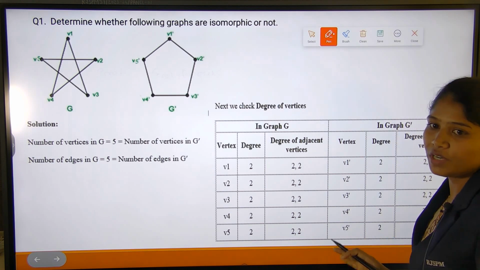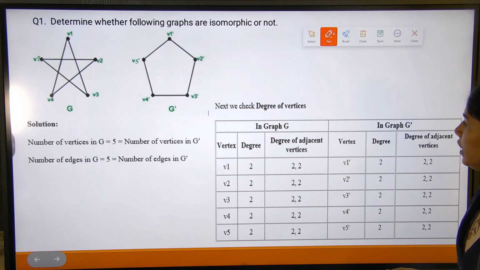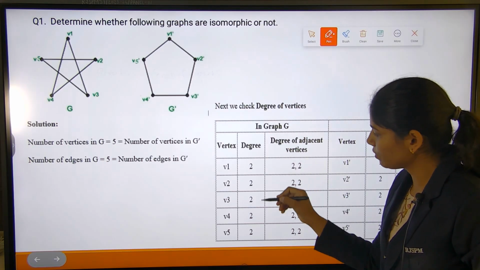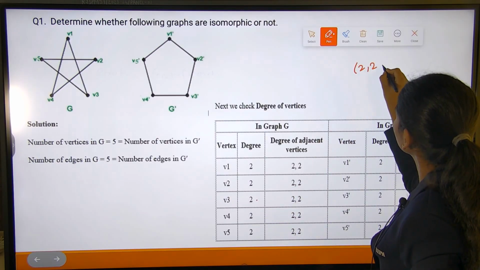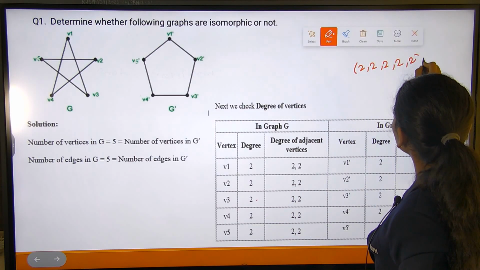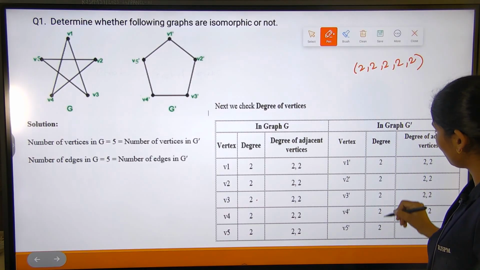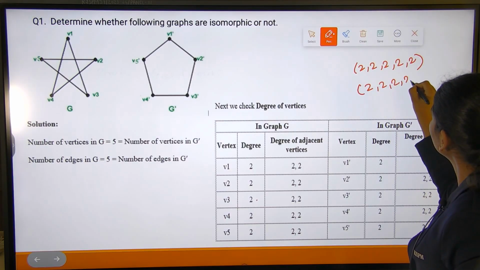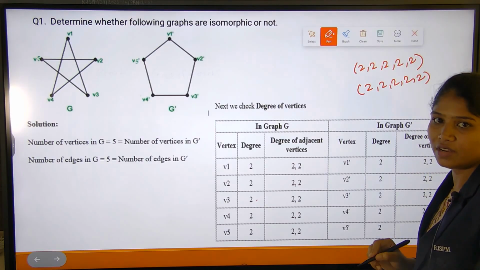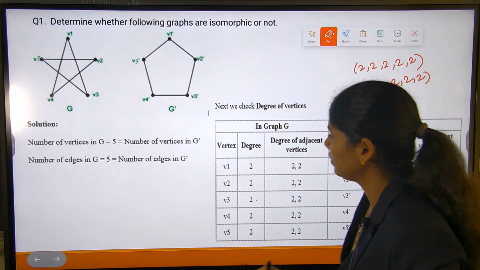So after that we need to check the degree sequence of both the graphs. In graph G, the degree sequence is 2, 2, 2, 2, 2. And in graph G dash, again it has degree sequence 2, 5 times. So it has the same degree sequence. So next we need to check that